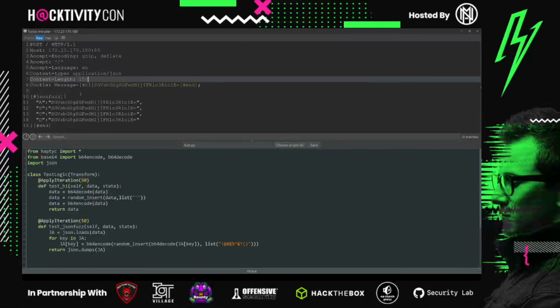So first we have to deserialize the JSON structure, access all the keys, and decode the base64, fuzz at that level, re-encode the base64, and serialize the JSON structure. And so we can do that in pretty small amounts of code here with 2 tags. The H1 tag takes the data, decodes it, performs a random insert, and then re-encodes it and sends it into